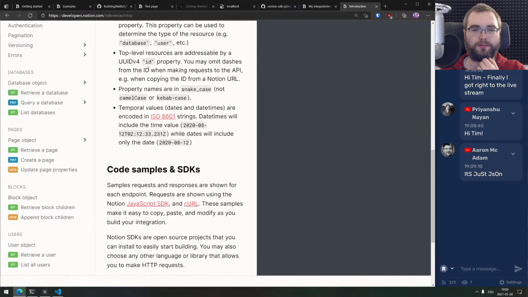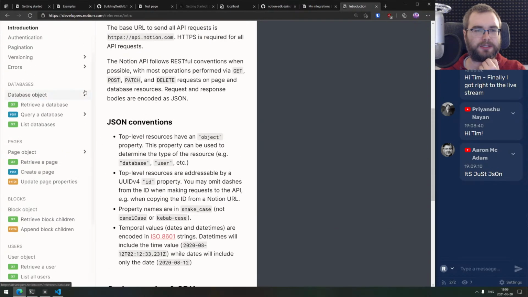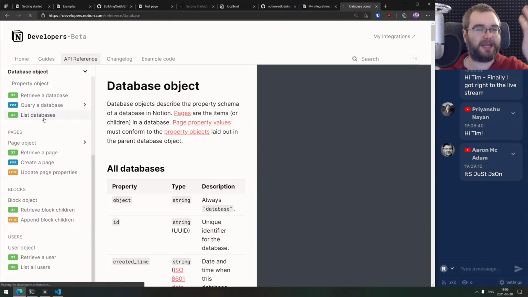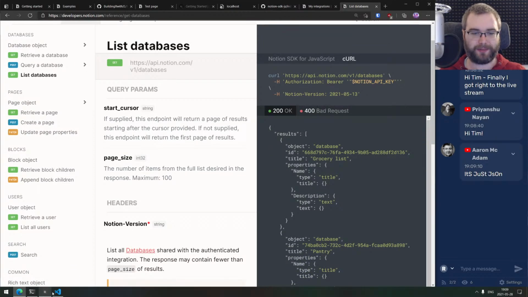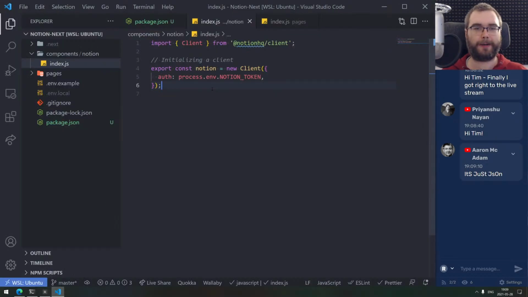JSON, top level object, blah, blah, blah, code samples, SDKs, pagination, versioning. Okay, so I guess we need to find a way to list databases. There you go. This is what we want, right? So let's start with that. Okay, so I'm guessing there should be, then,